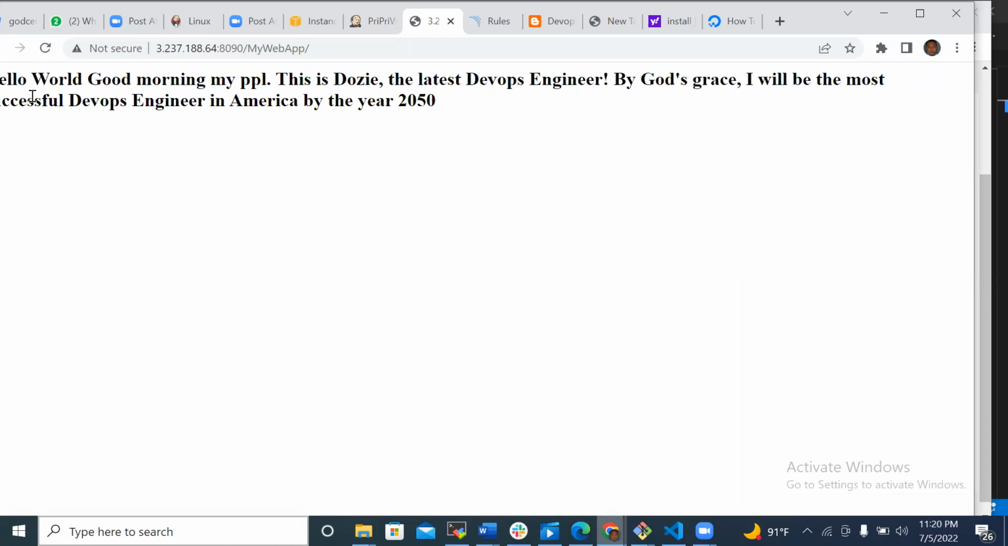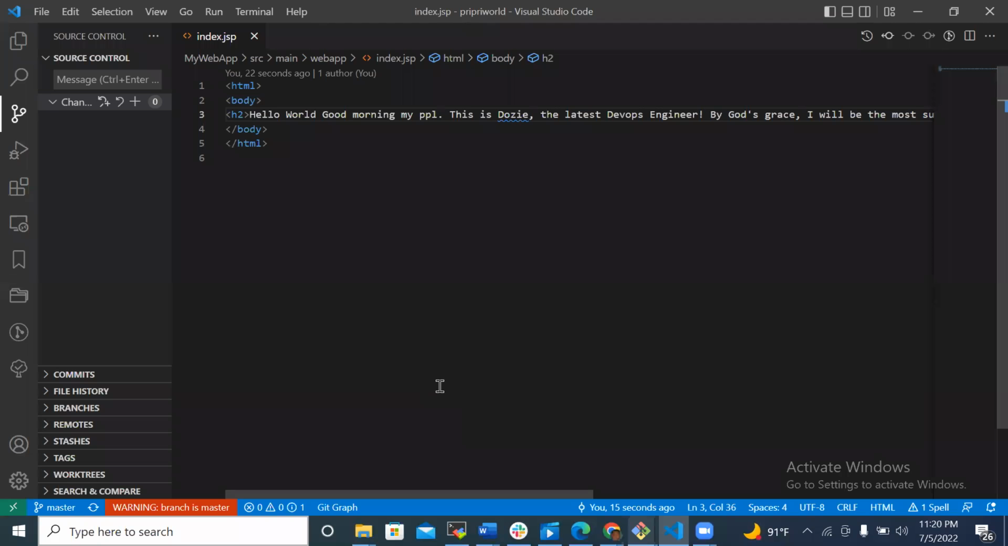have you seen it now? You can now see hello world, good morning, my people. We didn't do anything in Bitbucket. We just did a change in VS Code and it appears straight on the web because we had a webhook. It hooks it from your VS Code from the Bitbucket and pushes straight to